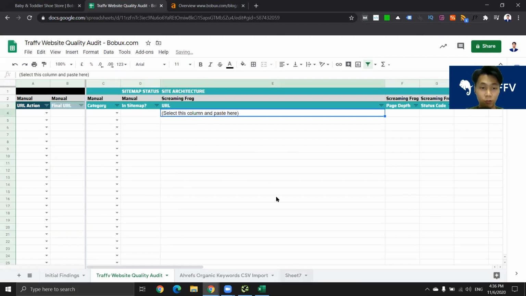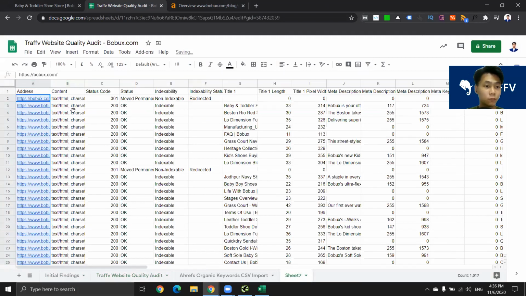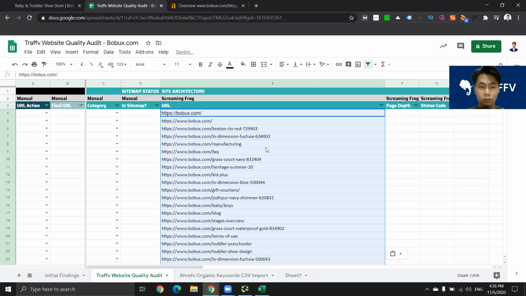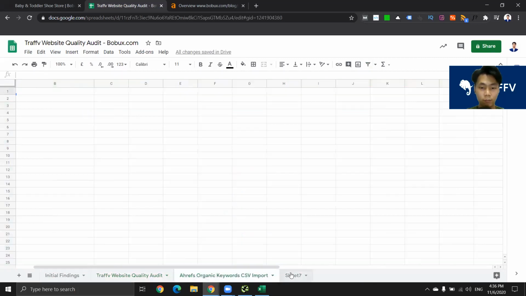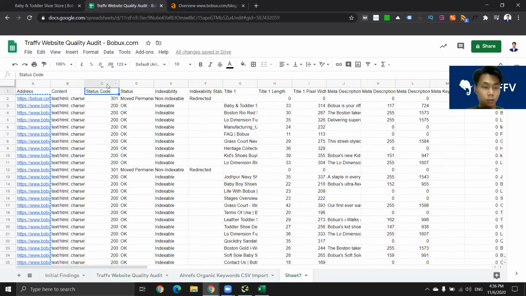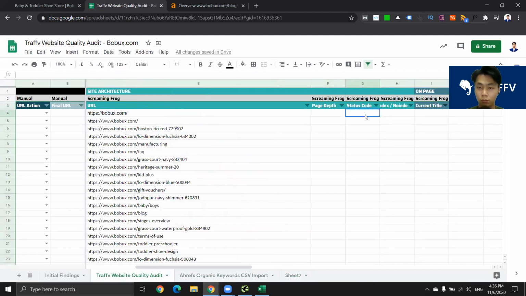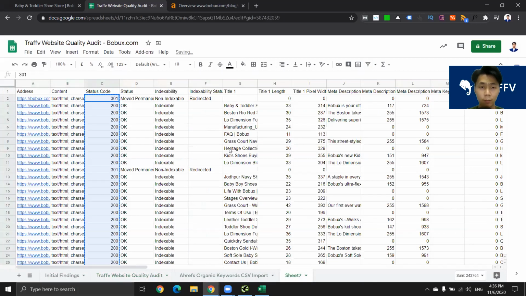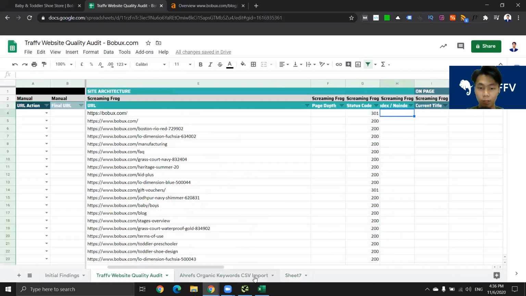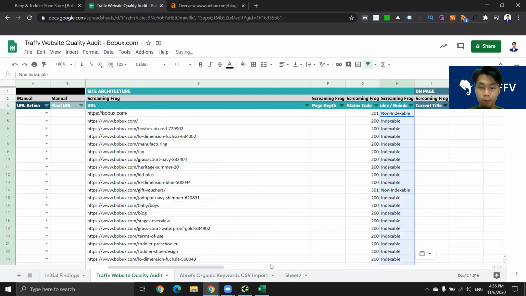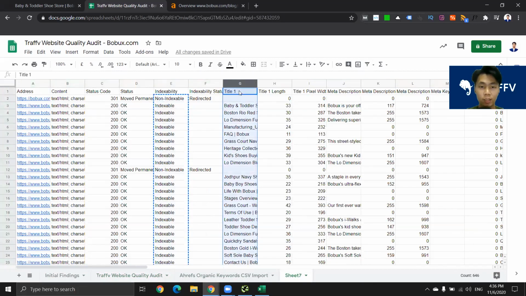Okay, so first of all, let's paste the URL, which is copy. Then let's just paste this here. Okay, and then next up, status code. And then we have index or no index, indexability. And then we have our current title,